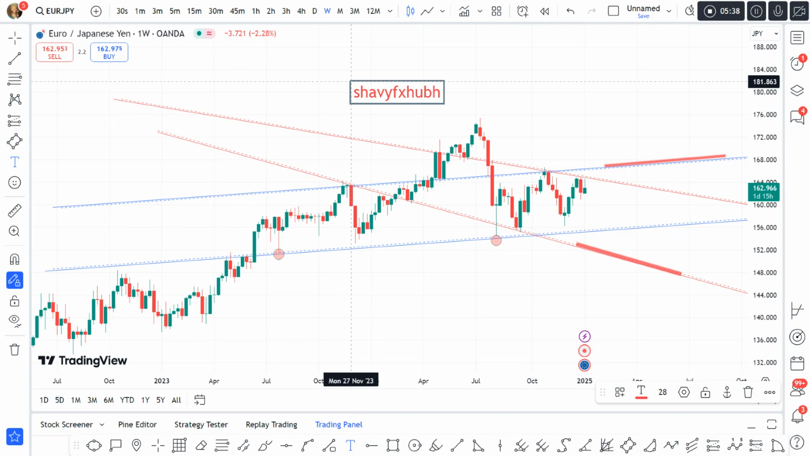So I think EJ might be dropping after hitting a weekly resistance from the roof. That weekly resistance from the roof,